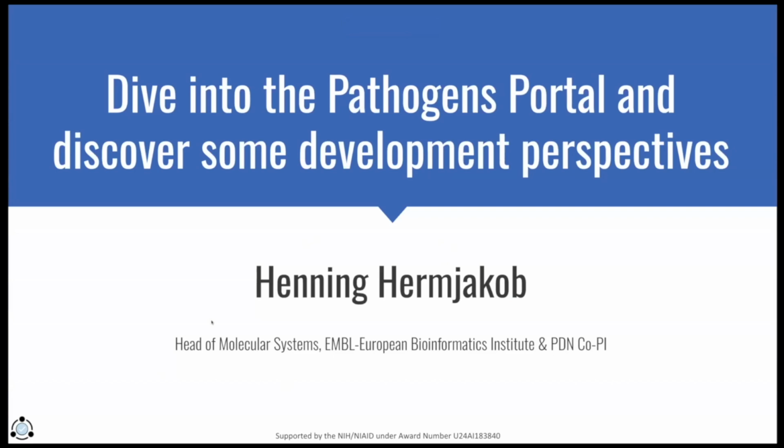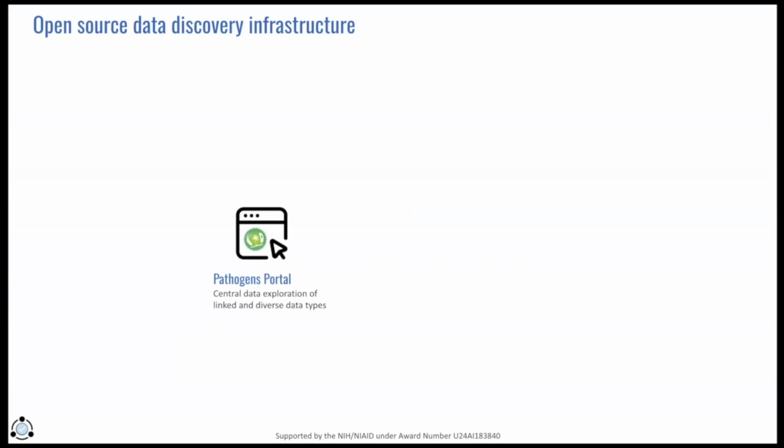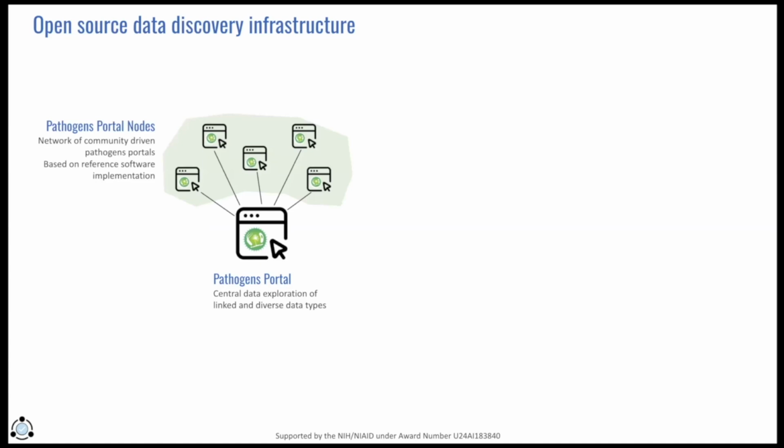So to dive a bit into the central Pathogens Portal and what is there now and what we are planning to develop. So the Pathogens Portal is really aiming to be a central discovery portal based on metadata for a broad range of data types which are related to pathogens. And this comprises, to a large part, the data, metadata, which is made accessible through the diverse pathogen portal nodes,